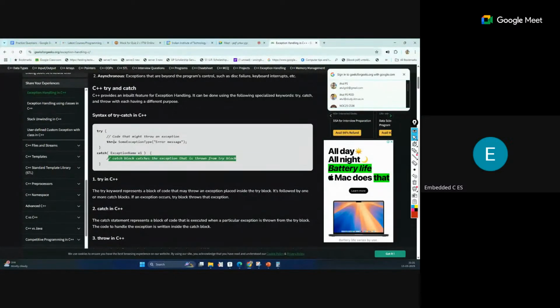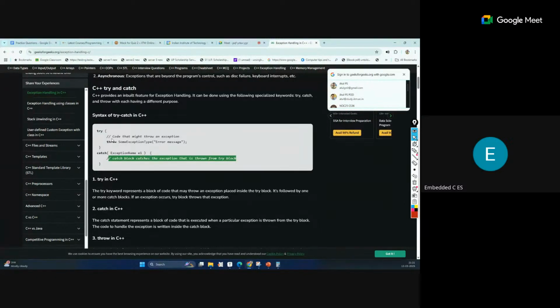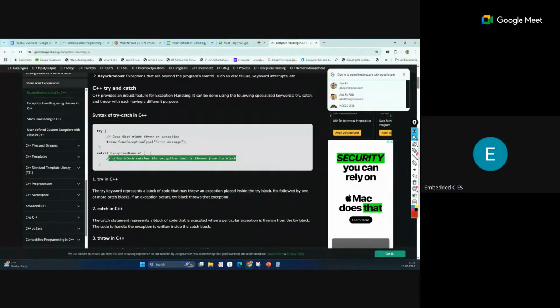process will not stop. Suppose we are running some application or software for users, and users are using that application, and sometimes we are passing some input or some value, and that input generates some compile error or runtime error. At that time the application will not crash. That error will be handled by this try catch, this exception handling. This catch part will generate some message to you on your application that we are getting this type of situation, but your application will still run.